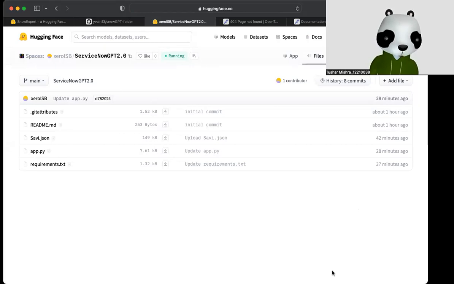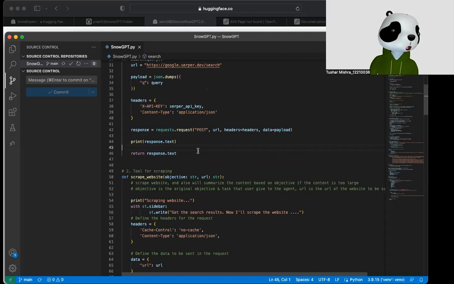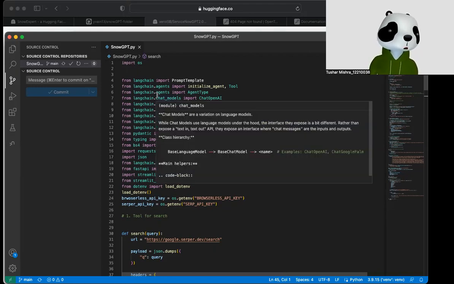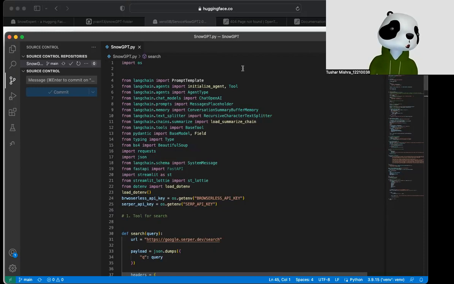So let me share. Okay. Now in app.py, which is basically snowgpt.com.py, it has the whole code of how this agent has been created. All in all, I'm just doing three things. First is